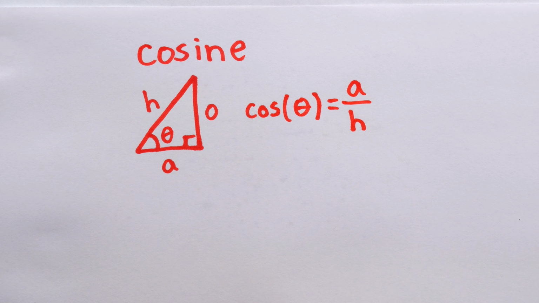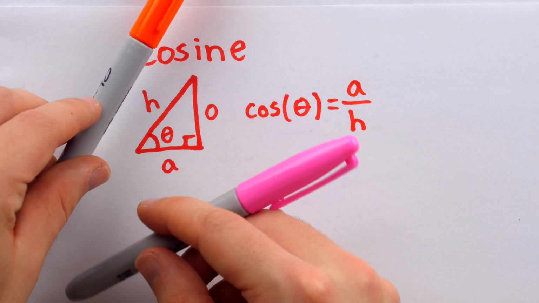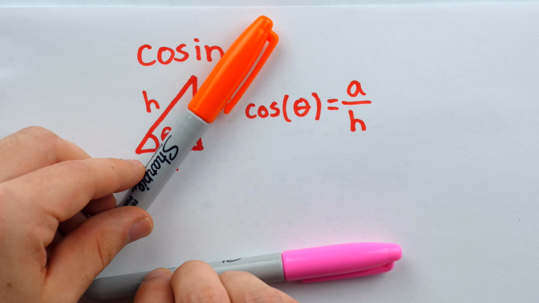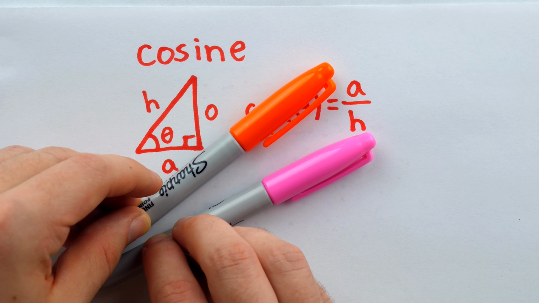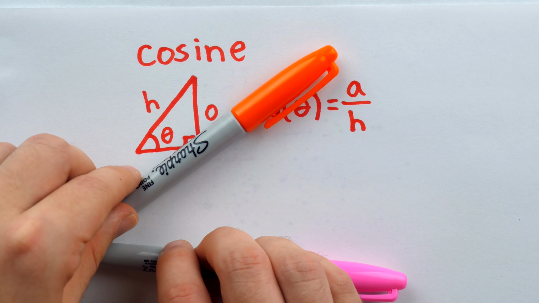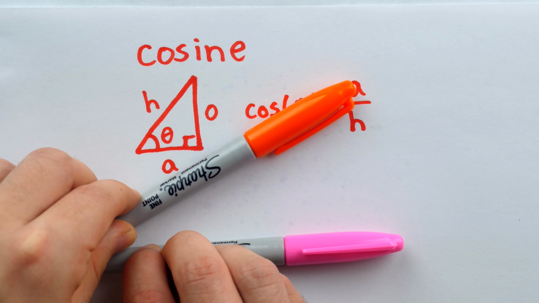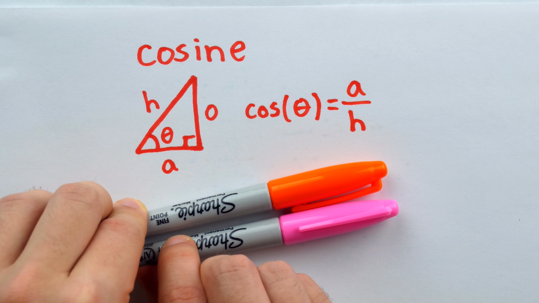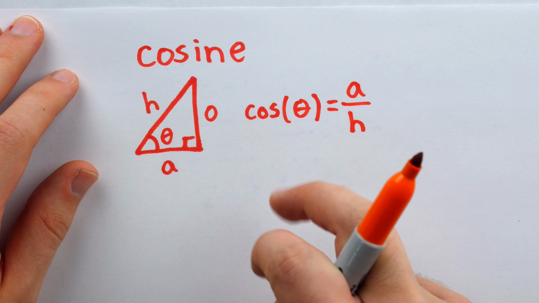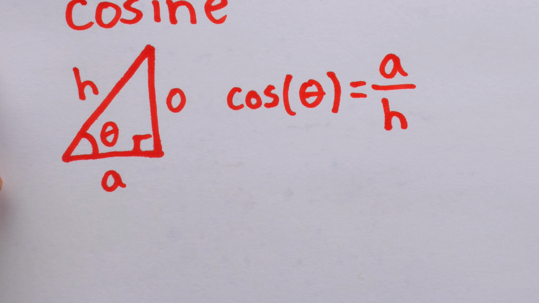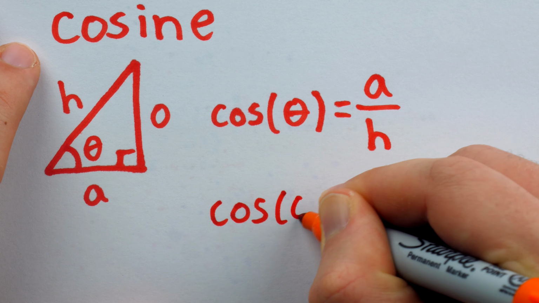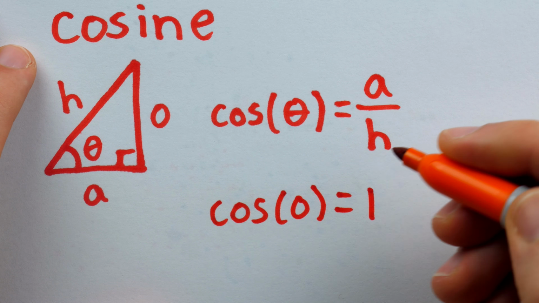Imagine this acute angle theta was approaching 0, for example. So we've got this hypotenuse and this leg. The angle between them is approaching 0, so they're sort of closing in on each other. What would have to happen for the triangle to continue being a right triangle is that the length of the hypotenuse would have to be approaching the length of this adjacent side, meaning that the ratio between them would be approaching 1. That's a degenerate right triangle because it doesn't really have three distinct sides when you look at it, but that's the intuition that tells us indeed cosine of 0 is equal to 1, just like we want it to be,